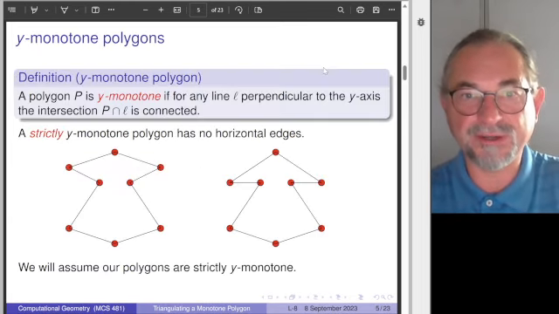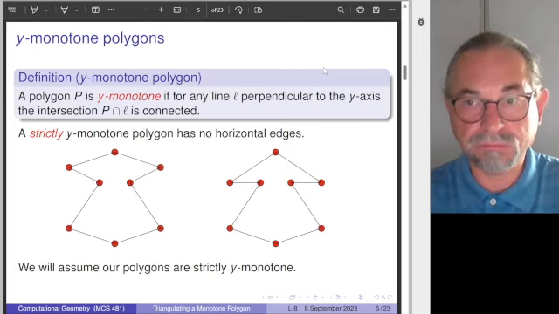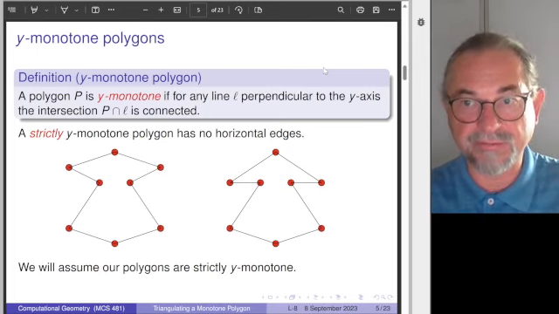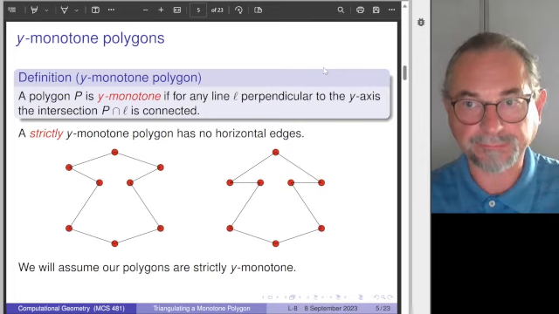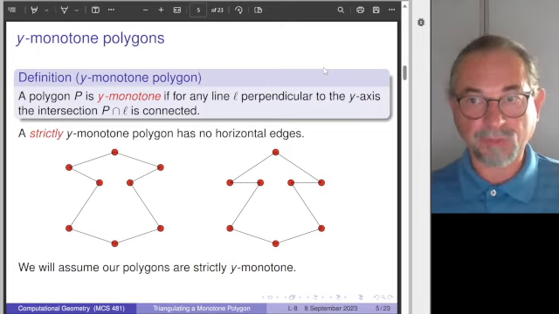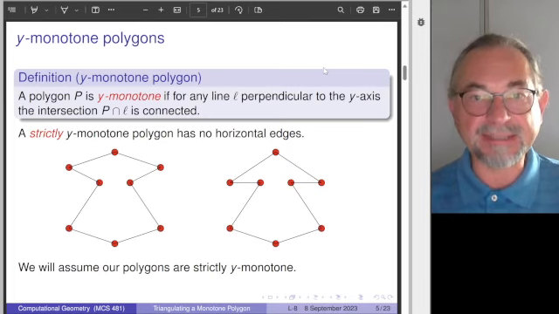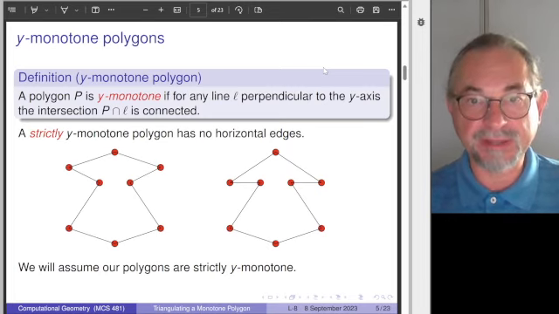Okay, so let me now consider what is again now a y-monotone polygon. Well, if you consider a horizontal line, then this horizontal line intersected with the polygon is either empty, one vertex, or a line segment, or in any case, it's always connected. So we are extending that definition or making it a little bit more restrictive. We actually do not want